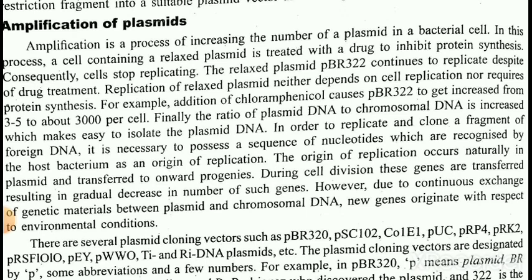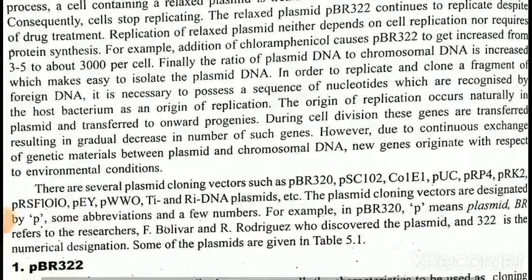In order to replicate and clone a fragment of foreign DNA, it is necessary to possess a sequence of nucleotides which is recognized by the host bacterium as an origin of replication. The origin of replication occurs naturally in a plasmid and is transferred to progeny. During cell division, these genes are transferred, resulting in a gradual decrease in the number of such genes. However, due to continuous exchange of genetic material between plasmid and chromosomal DNA, new genes originate